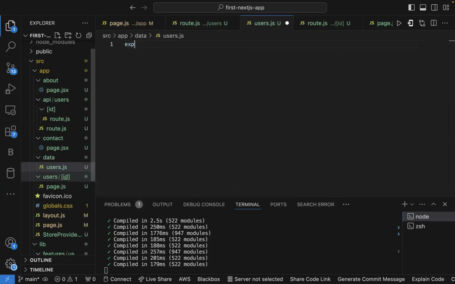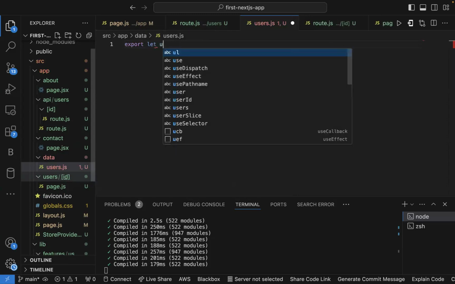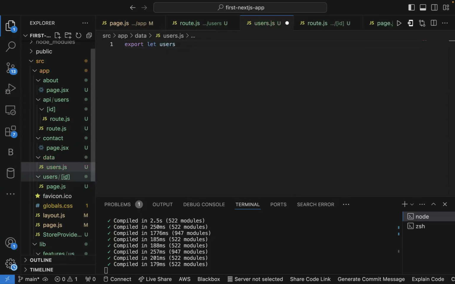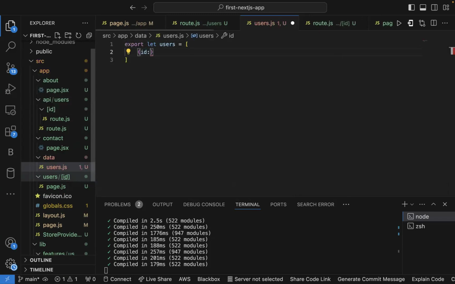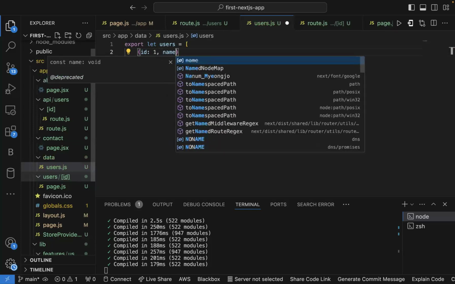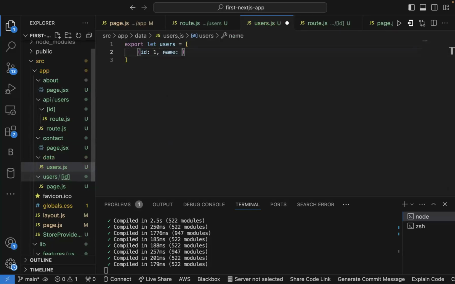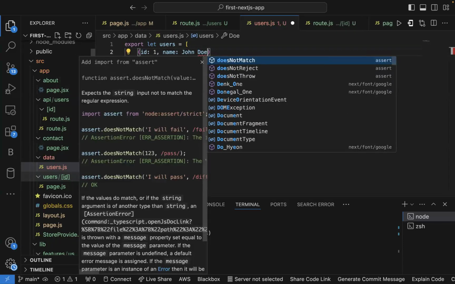So let's say export let users equals to an array of objects. I want to have ID of 1. I want to have name,